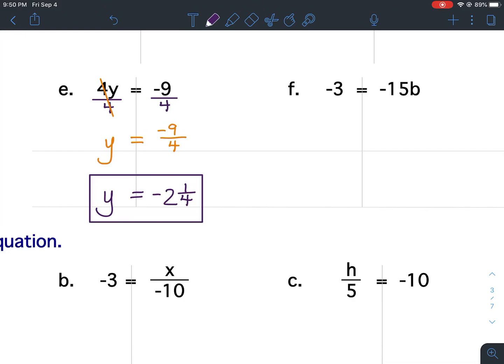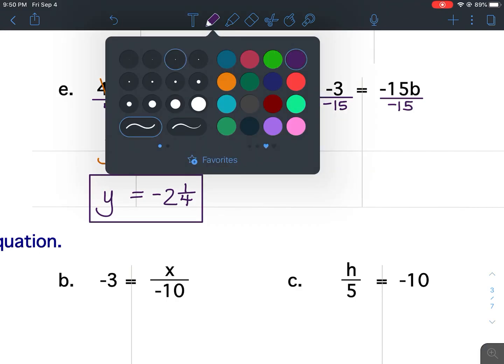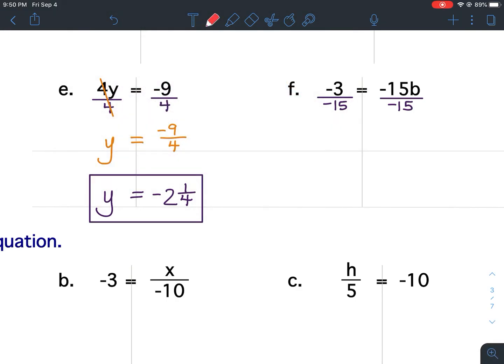All right, F. I want to isolate the variable b, so I'm going to divide both sides by negative 15. Well, 3 over 15, obviously this 3 is a smaller number, so it doesn't divide out to be a whole number. It's going to give you a fraction. The first thing I'm going to do is just drop the 2 negatives. So I'm going to have